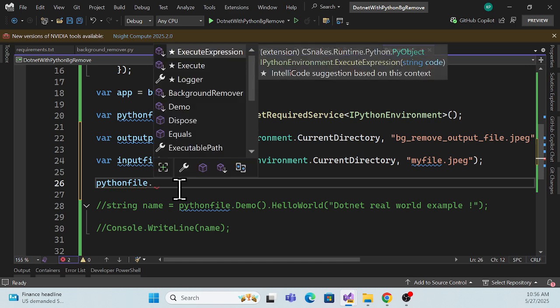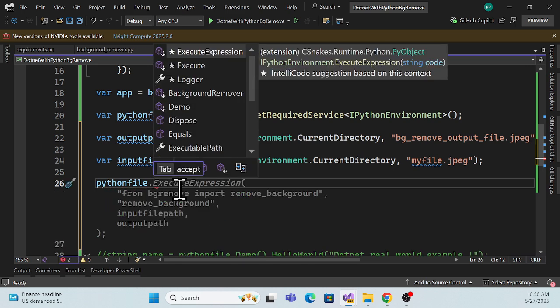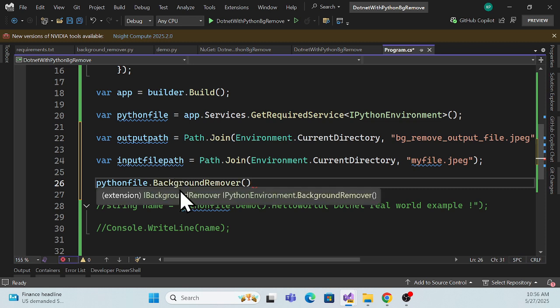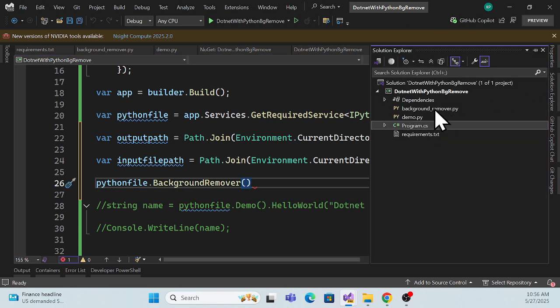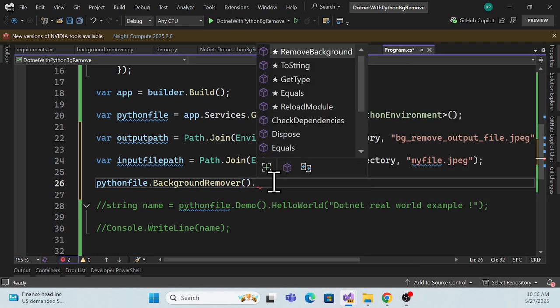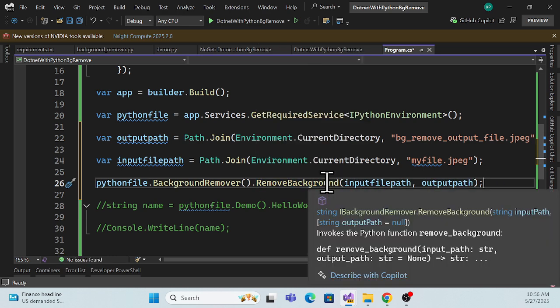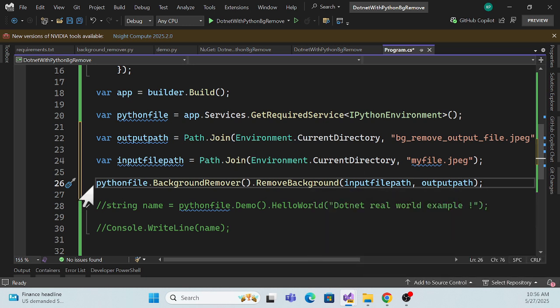And in this Python file we now have that method, which is this background remover, right? Because this is a background remover file, it is actually removing the background. Okay, don't worry, I'll show you after we compile how this file looks. So this is that method, and this method expects two parameters. If you mouse over here, see, input path and output path. Okay, that's it. And we can store it as a variable over here,